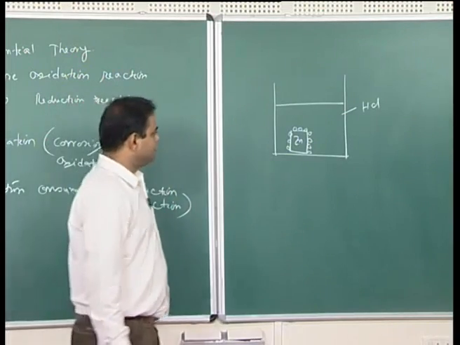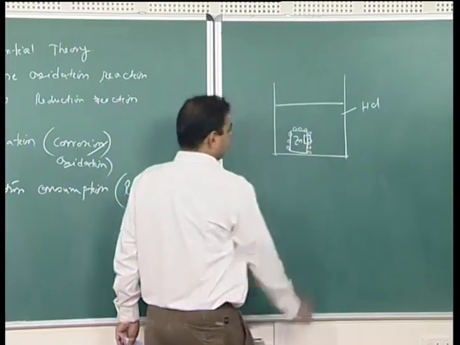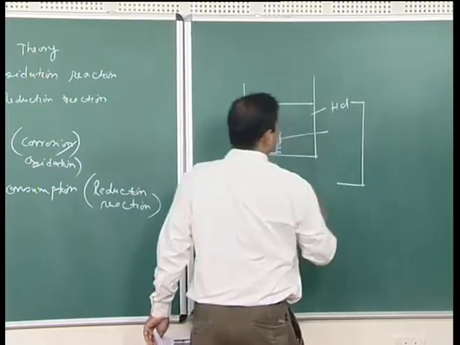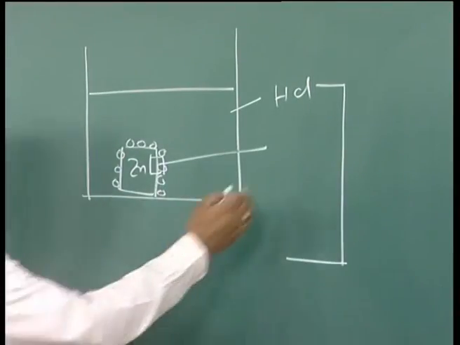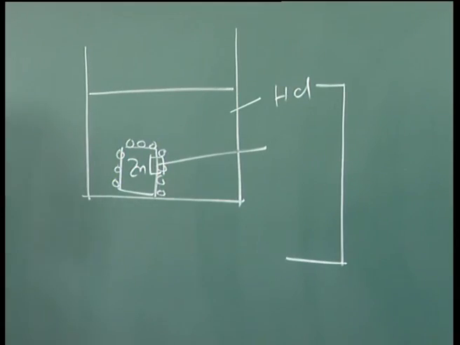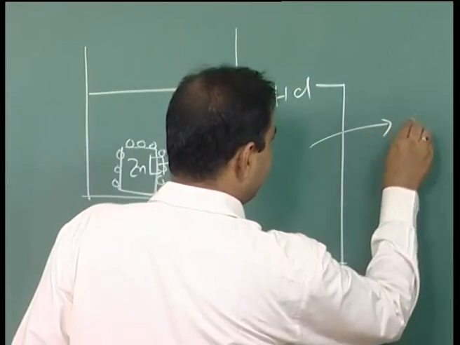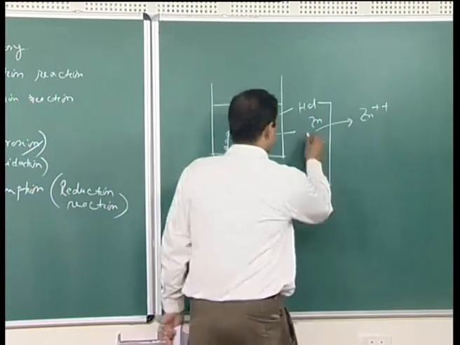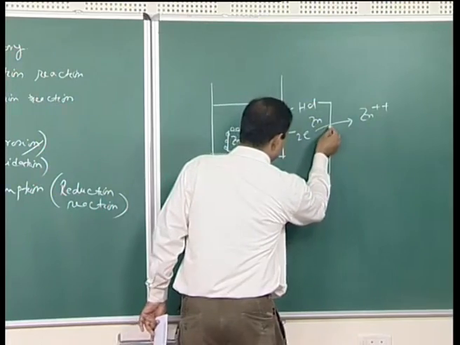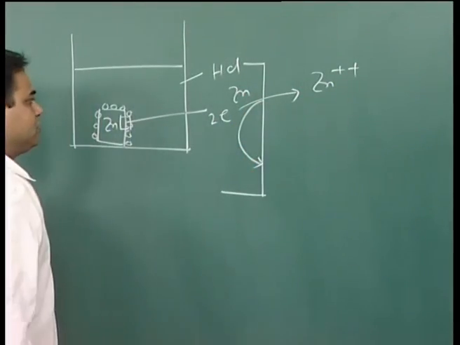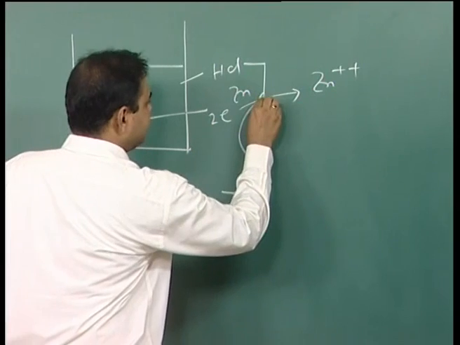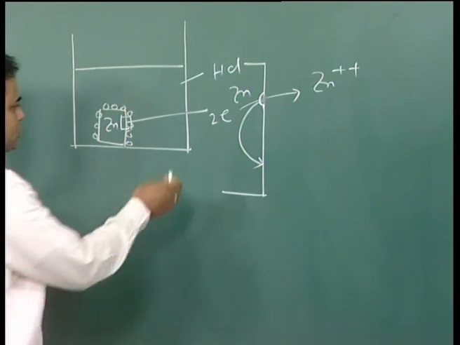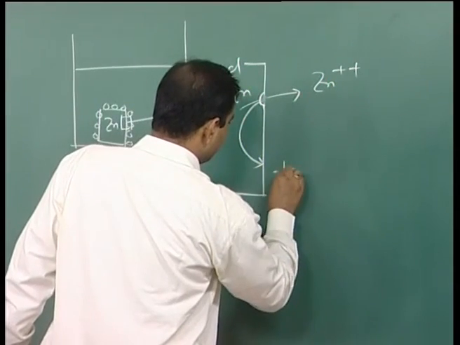Now if you take a small part of it and magnify it, this is the surface exposed to the solution. You have zinc going to Zn2+ and 2 electrons. These 2 electrons come from this end to this, so here there would be corrosion, because zinc is going as zinc ion. These 2 electrons will be consumed by 2 hydrogen ions